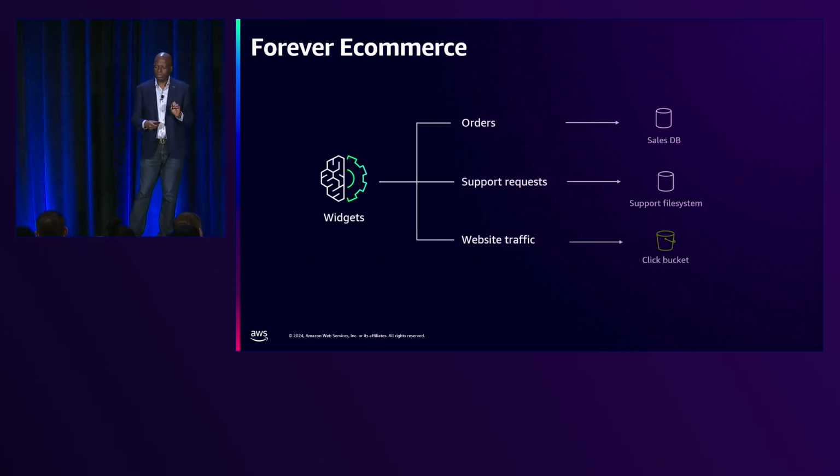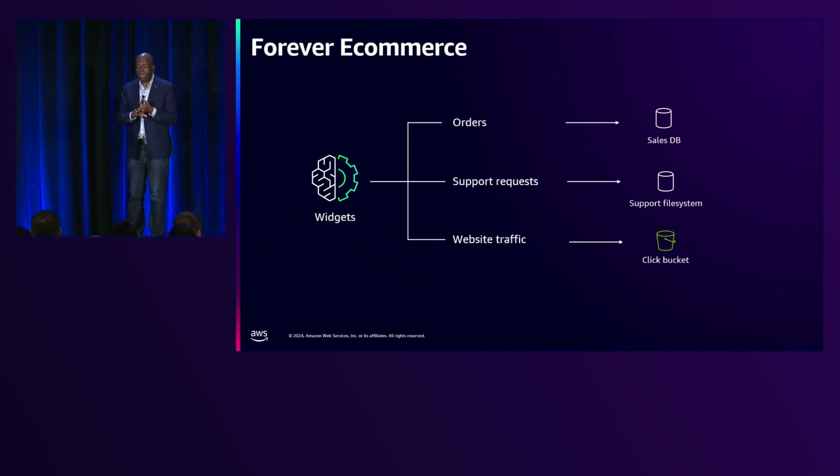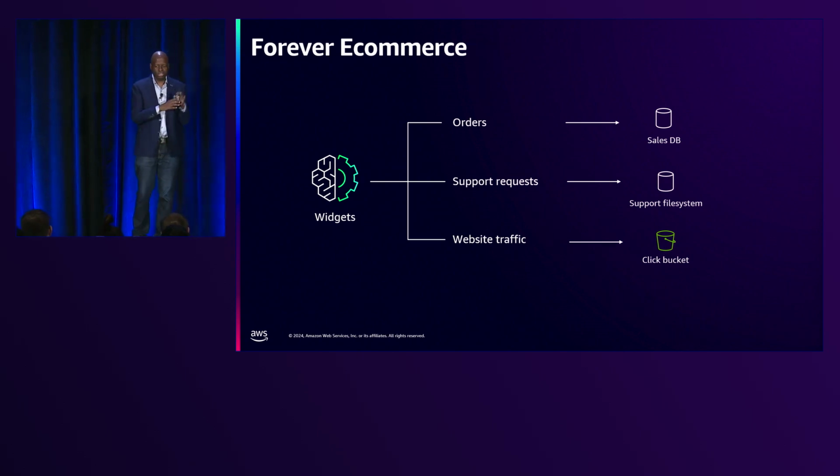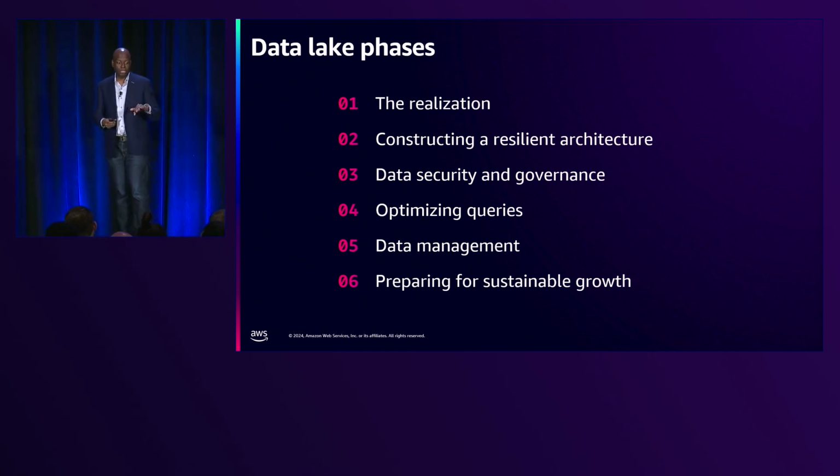They also store it in multiple places. Some of it's stored in databases, some in file systems, some in S3. So the amount of data they accumulate, multiplied by the number of destinations, complicates things and causes challenges, and it really slowed down their business. So what we want to do is talk about Forever E-commerce's journey, and to make this easier to follow,